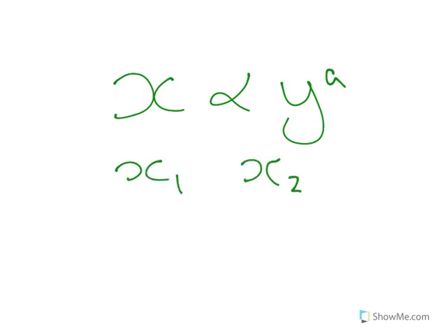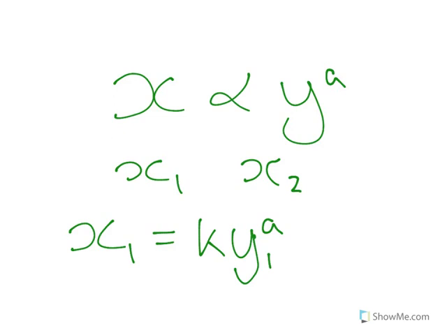Now x1 is equal to k, some constant, because it's proportional to y to the a, so k times y1 to the a, and x2 is equal to k, the same constant, times y2 to the a. So if we